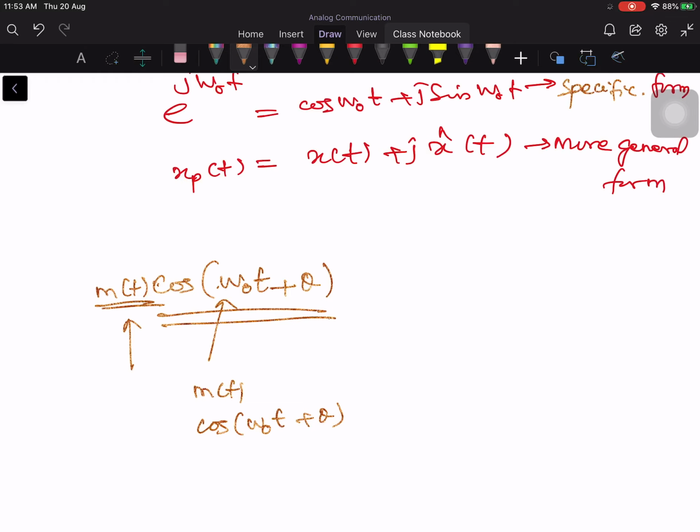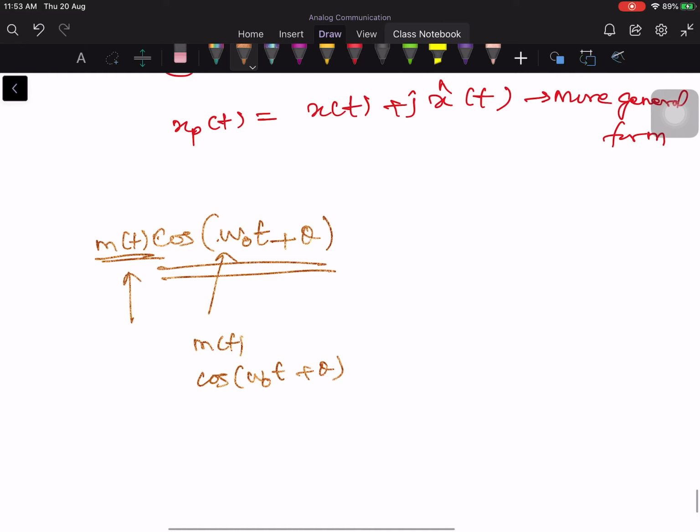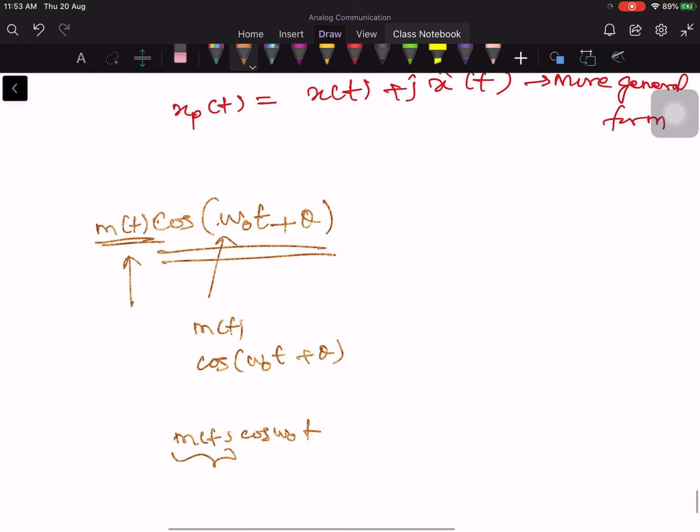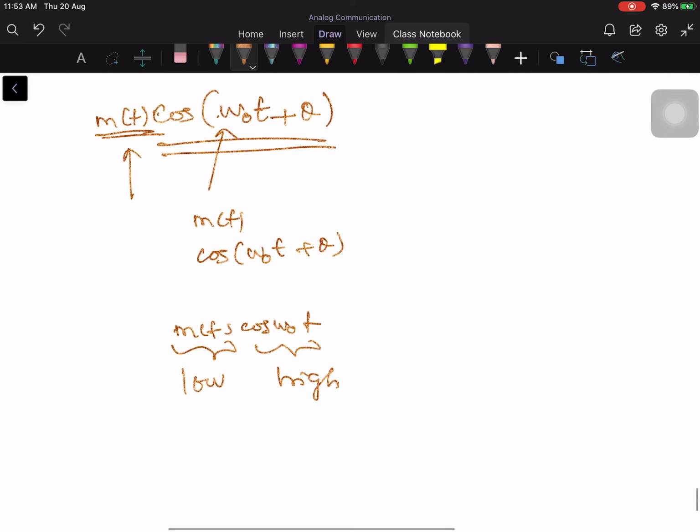We are going to discuss this kind of signals in detail when we discuss the modulations, but this is a good time as any other to discuss. So what is the nature of the signal? How does it look? m of t times cos omega naught t. It's a product of two signals, right? We assume this m of t is like a low pass signal and this is a high frequency signal, maybe in the range of 4 kilohertz and this is 550 kilohertz.